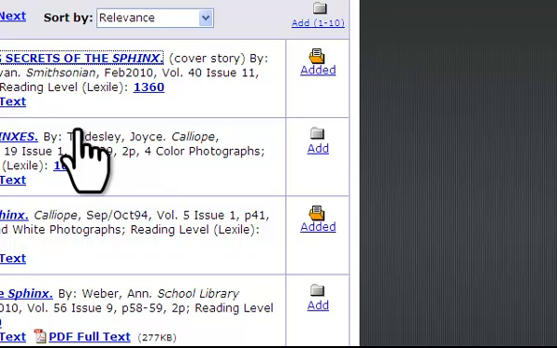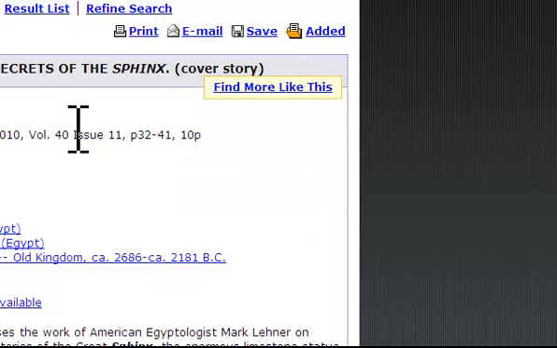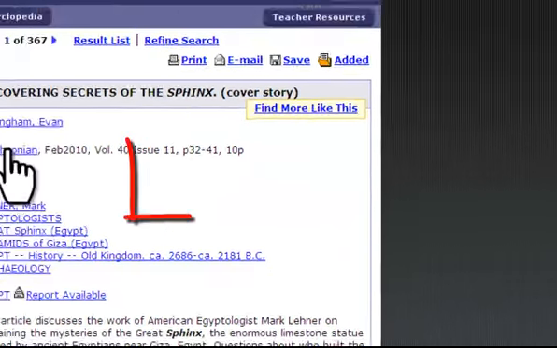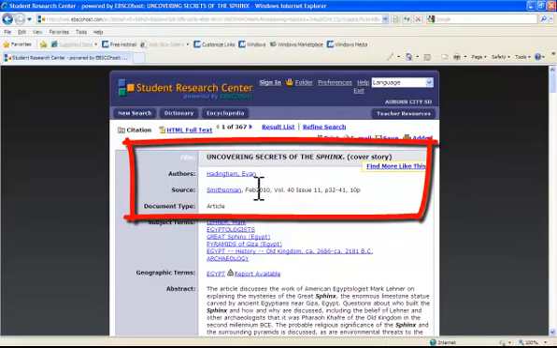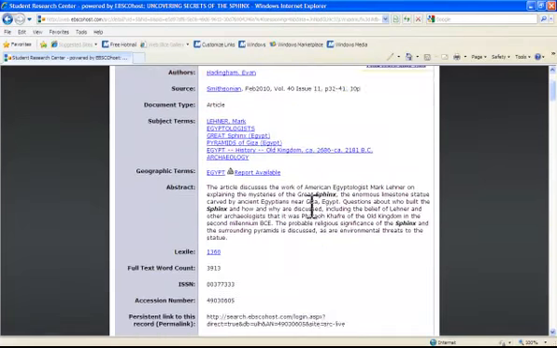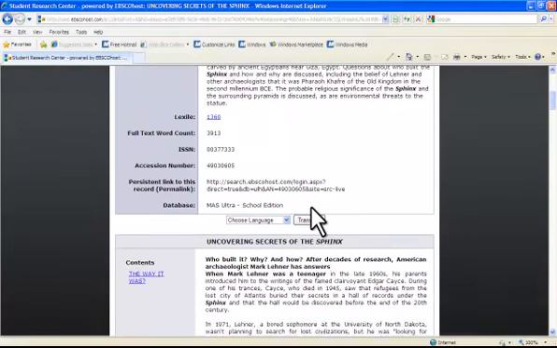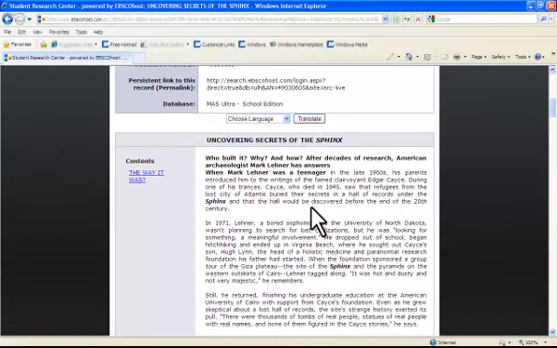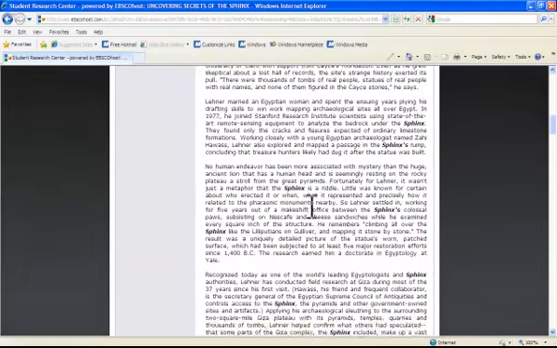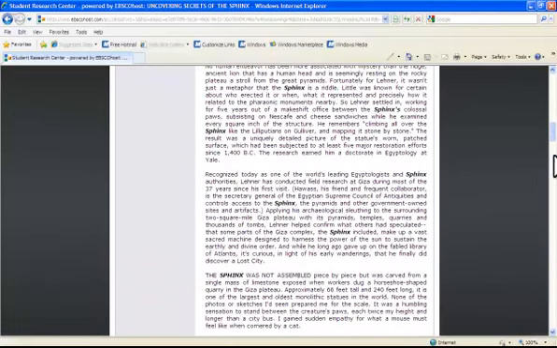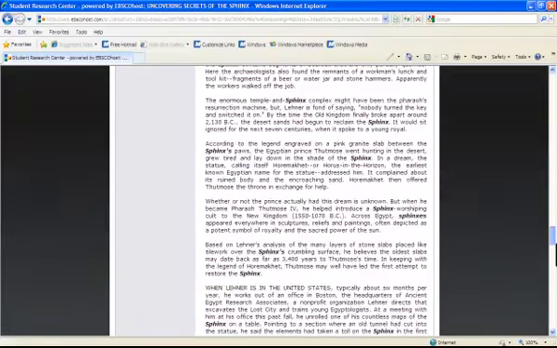and at the top you get publication information, such as the author, the source, the magazine title, the date, the issue. You get a short abstract, and then the article itself. At the bottom,